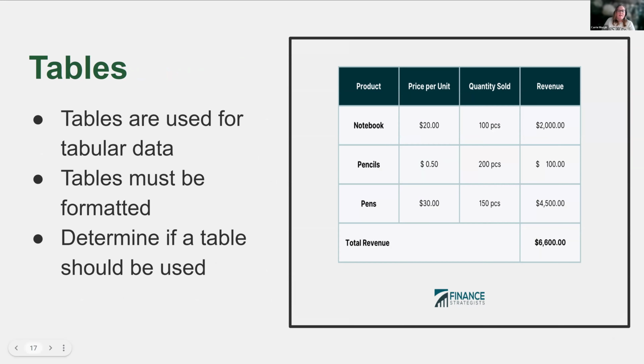This next one we'll talk about are tables. Tables are used for tabular data. So you're going to press tab, tab, tab. They must be formatted to allow screen readers to read through the table in an organized manner. We're going to want to make sure that if you do use tables, that they have the header row, which is this part up here, the product, the price per unit, the quantity sold, and revenue. It has to be designated